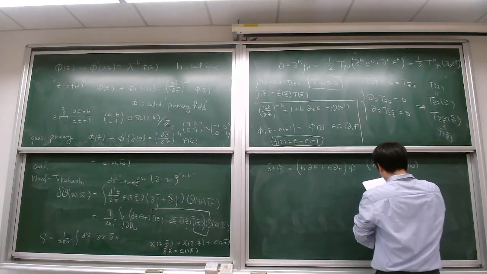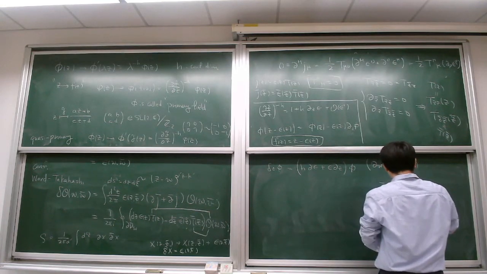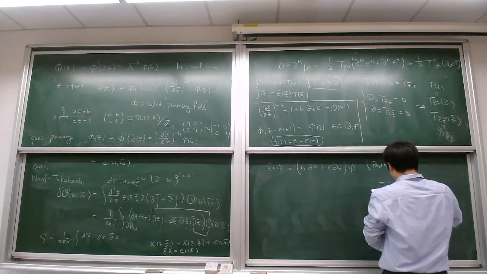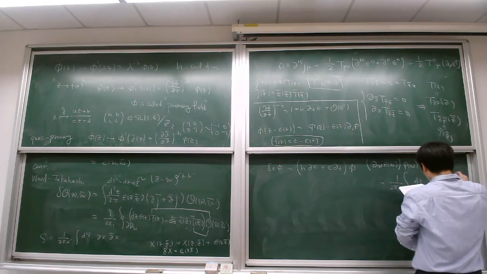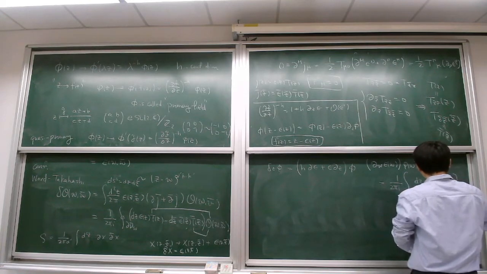It's just complex analysis: 1 over 2 pi i, the contour integral around w of dz epsilon of z over (z minus w) squared,